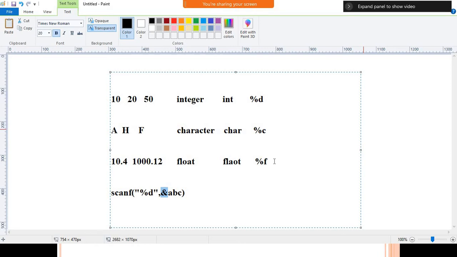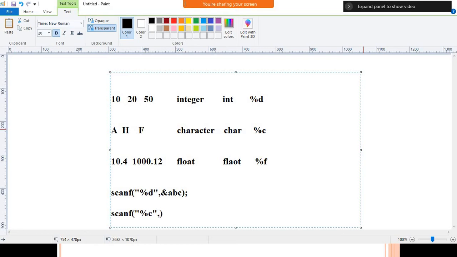So this is the simple way. By using that we can scan them. Similarly, we can do it for a character. Here we need to use scanf. Which format do we need? Here I will use double quotes, open and close, with %c. %c indicates the value will be scanned for a character only.